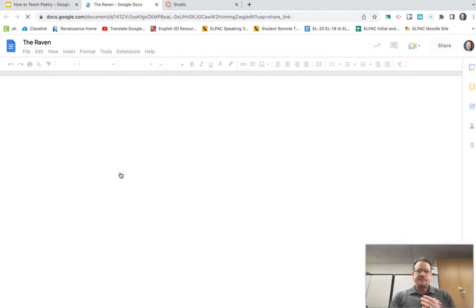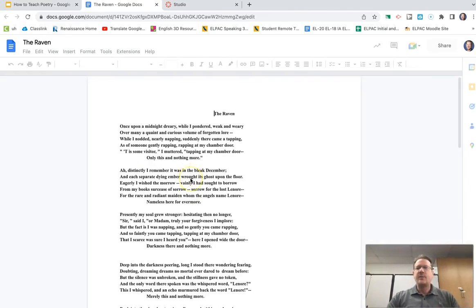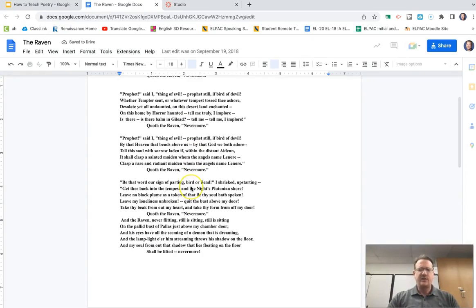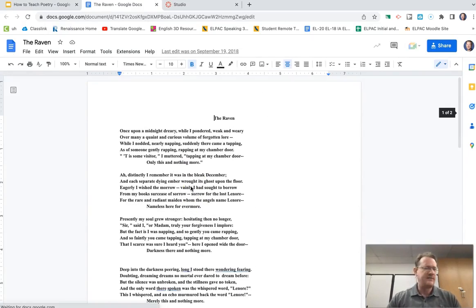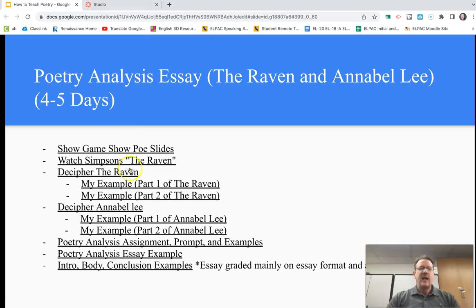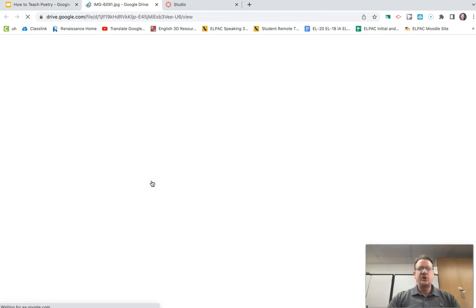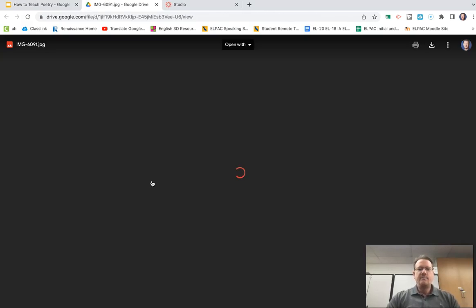And so I've given you the link here. This is an abbreviated version of the Raven. I think I took a few stanzas out, mainly for brevity, and because the stanzas kind of repeated themselves. So I'll make copies of this handout and pass it out to the students, and I will ask them to mark on it.